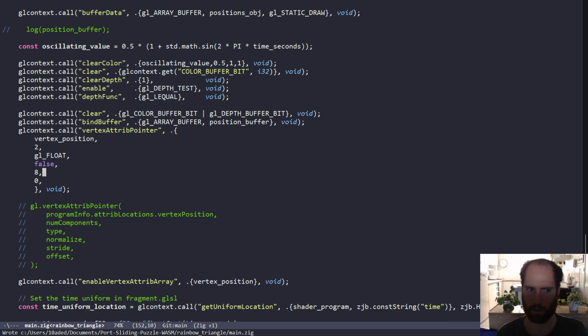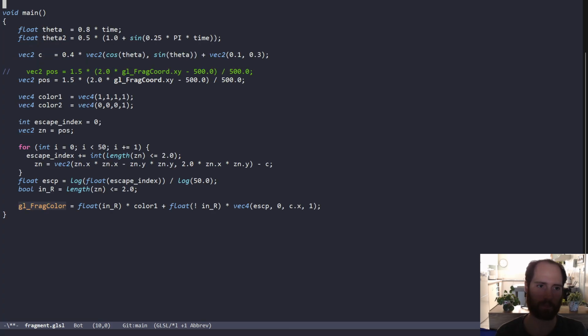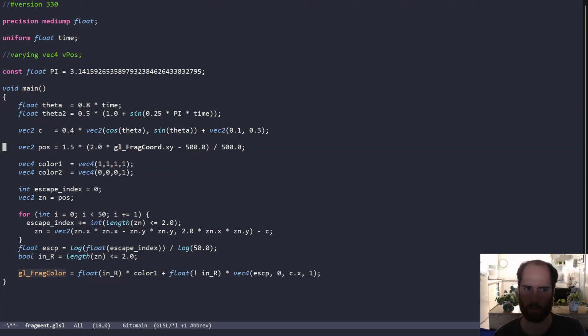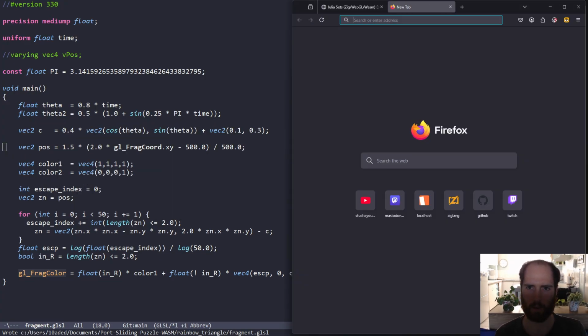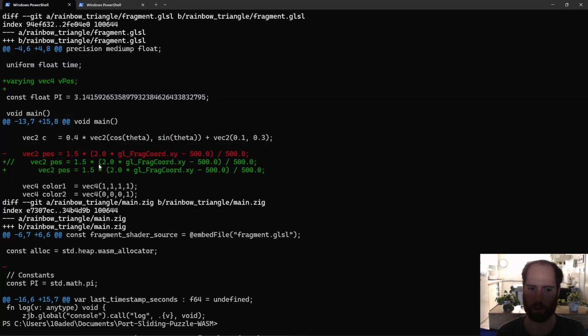I think we can leave this as 8 for the stride, but let's get rid of the varying here, and likewise get rid of that, and this is the same. Now if we zig build rainbow triangle,